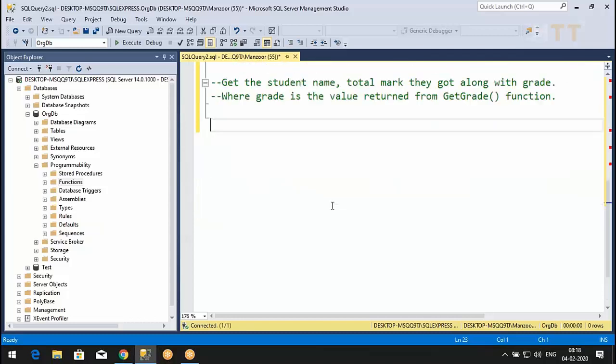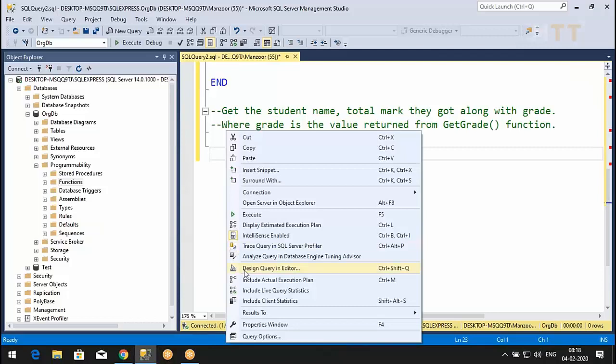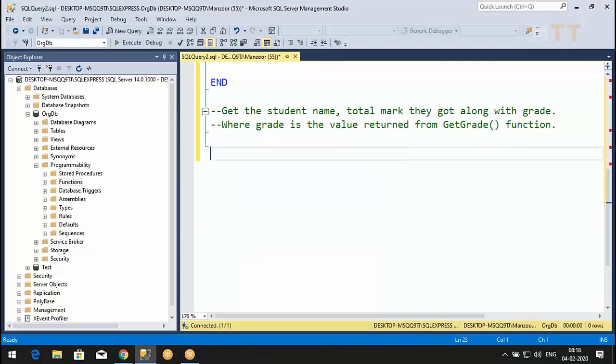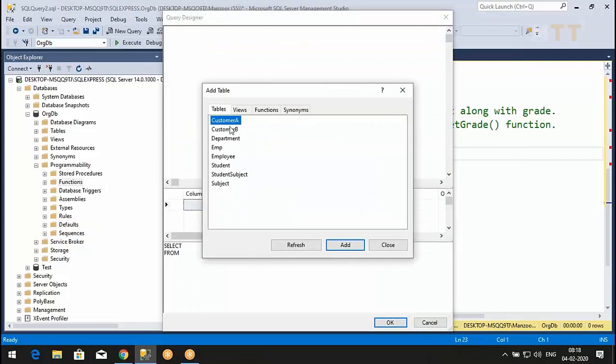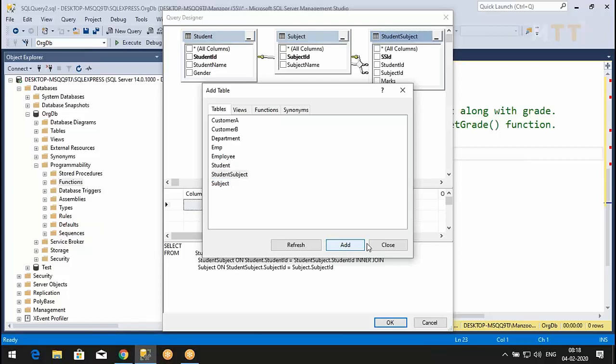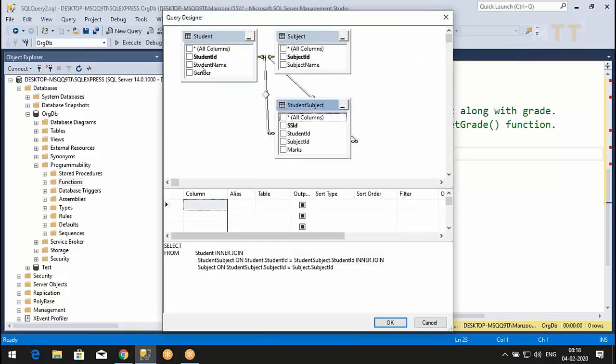Now I'll show you one magic. Do you want to see? I'll right click and say design query in editor. What is that I'm saying? Design query in editor. What are the tables you want? You can select any table now. Student table, subject table, student subject table. These are the 3 tables that I want. I'll close this, so you got 3 tables. What are the columns you want?